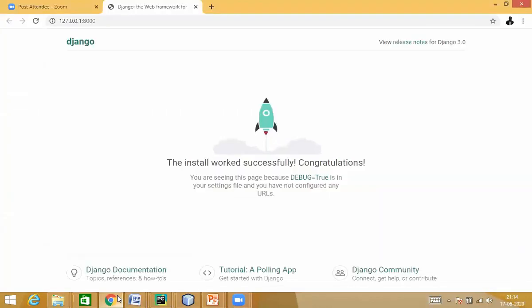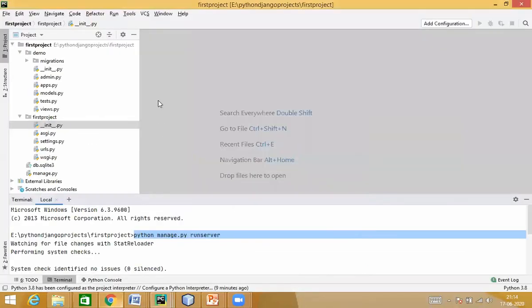Okay, now that we've seen this particular screen, what we know is that installation and everything is all fine. Our server has started successfully. Now I'll start designing the views. The first thing that we are going to learn is a view. A view precisely contains all the functions which will perform whatever is the required task. Now what I want to do is, I'll get started with a very simple view wherein I'll define a function which will execute and give a simple message on screen.